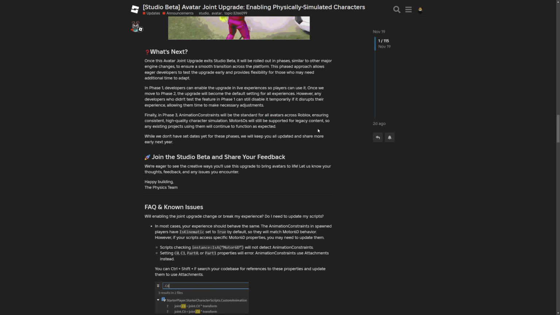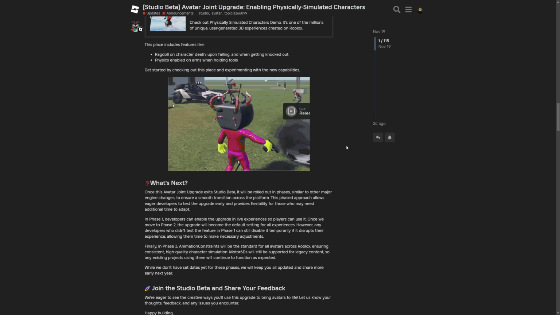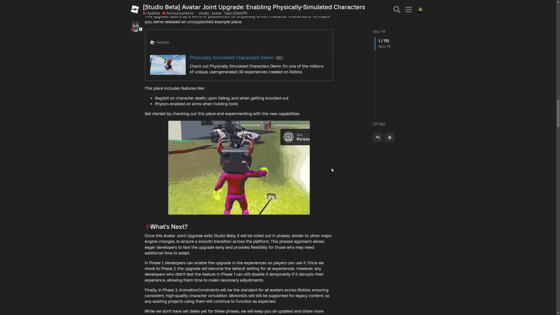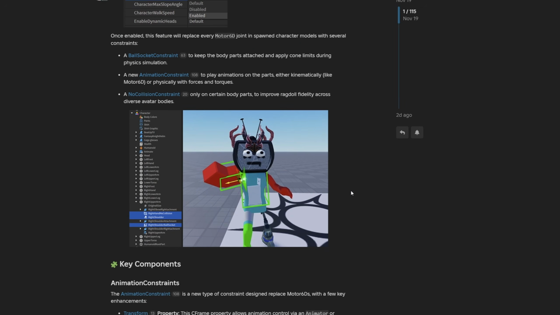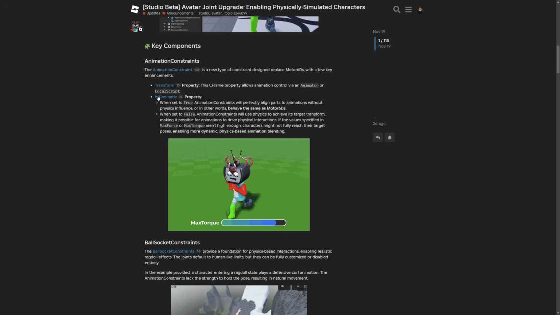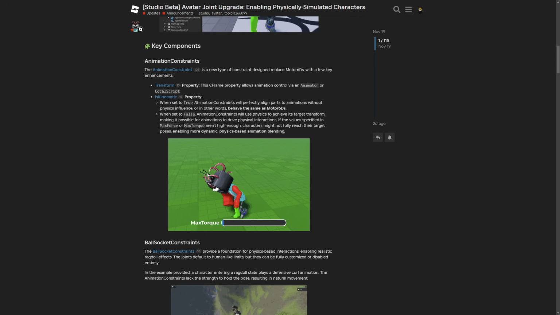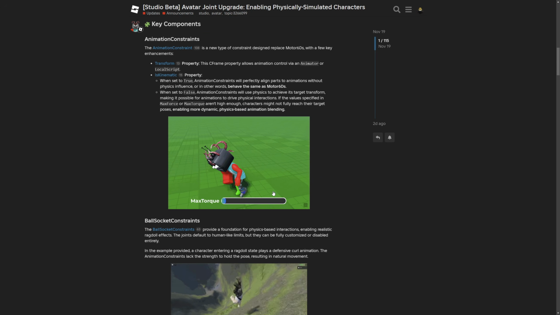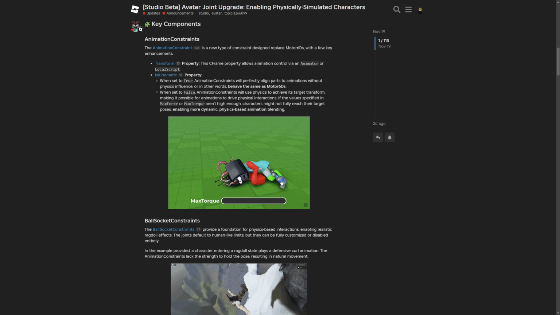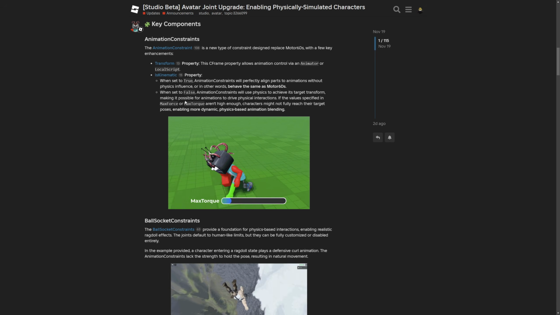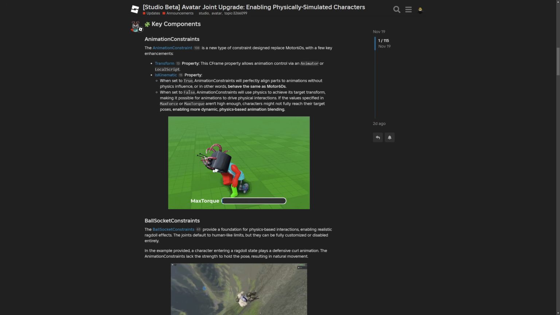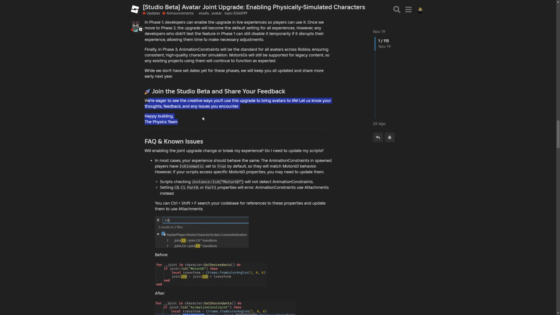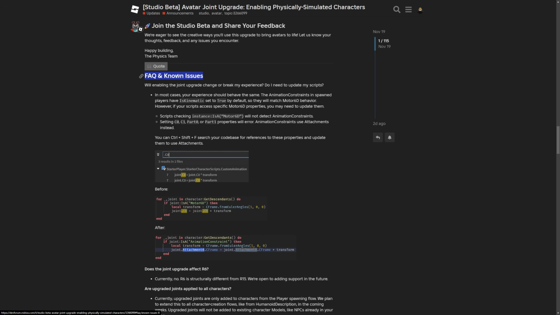And does all of this mean that all of the avatars are going to be physically simulated now? It's kind of yes and kind of no, because you are going to have the kinematic property that when it's set to true, the animation constraints will behave the same as Motor6Ds. So yeah, all of the avatars are going to be physically simulated, but only after changing the kinematic property to false. Then they tell you to give feedback on the DevForum post and there are frequently asked questions and known issues